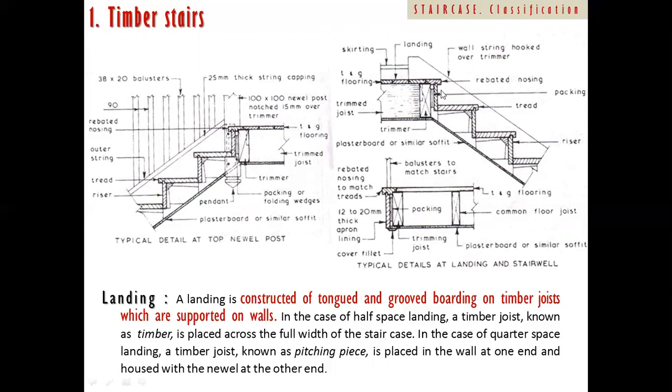Now this stringer is again going to be fixed with this timber joist, okay, and that is how they can get additional strength sometimes. And this is also called the newel post, sometimes to add additional strength. This newel post also gets fixed here, and it will get support from this tread, riser and then this joist. This is called the balusters, okay.